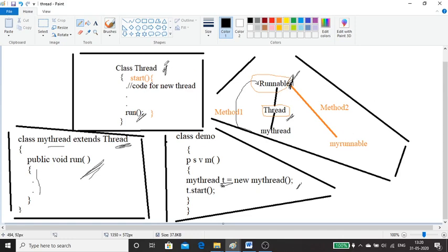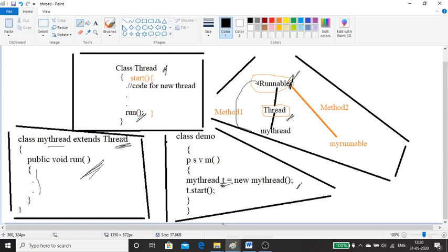Some developer has already designed in Java one class with the name Thread, within which there is a function with the name start. Within that start, the designer has already written code to create new threads. At the end, they are calling the run method. So by taking the help of this Thread class, we can create new threads by calling the start method. Since at the end they are calling the run method, and there is no definition for it within Thread, we can override that in our own class, and that will be executed by your new thread.